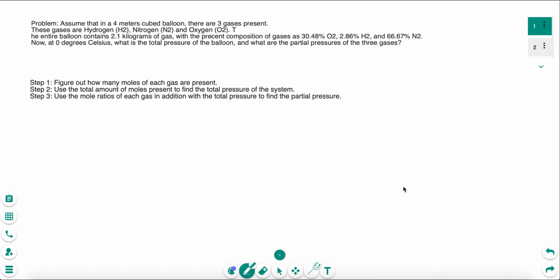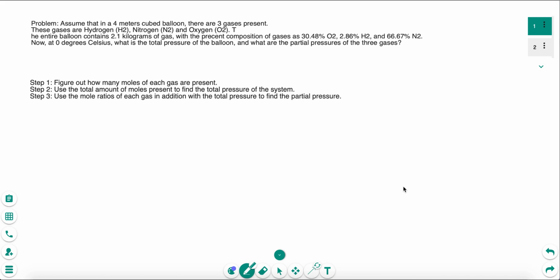Now, at 0 degrees Celsius, what is the total pressure of the balloon and what are the partial pressures of the three gases? So the first step is to figure out how many moles of each gas are present. After we figure that out, we will have the total amount of moles present, and as a result we can find the total pressure of the system using the equation PV equals nRT. Then we can figure out the mole ratios of each gas, and then we can use the total pressure that we found in the previous step to finally find the partial